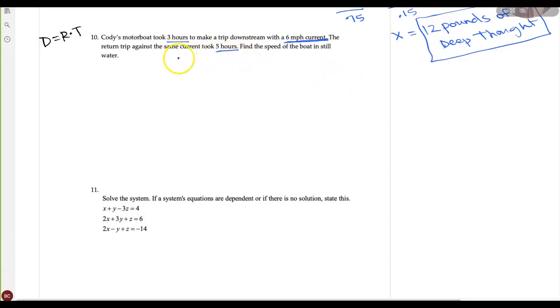But the part that a lot of times people get a little bit messed up with is the rate. So I'm going to write over here about the rate. When we're dealing with a boat, the rate